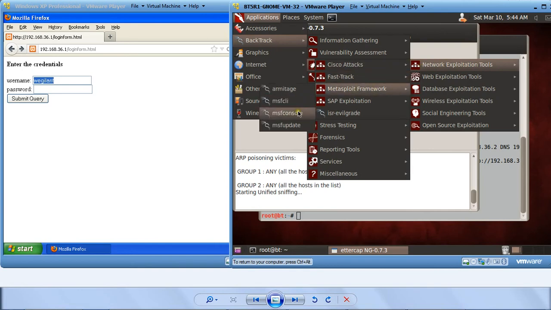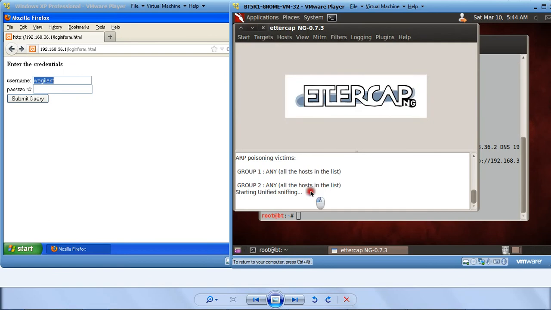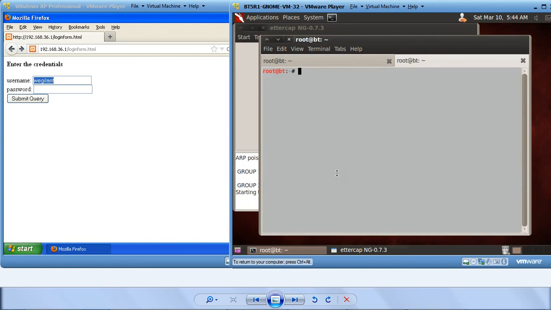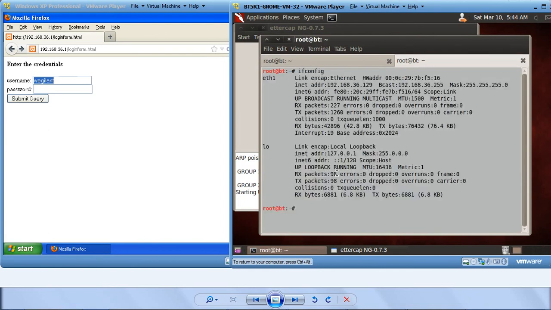Metasploit is one good tool you can use for exploitation purposes. And as I told you, you can use the ifconfig command to check the network interface. You can see here this ETH1. This is your network Ethernet interface. So you have to select the particular interface which your machine is using.